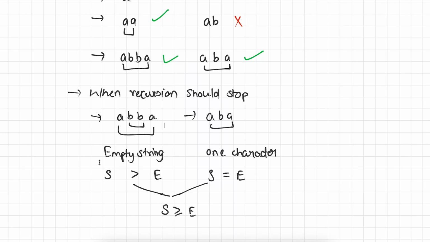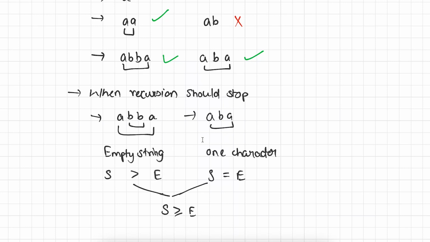Okay. So in this case, our S is going to be greater than E, because initially S is 0 and E is 3. Then we increment S by 1 and decrement E by 1. Okay. Our S becomes 1 and E becomes 2. Then again after checking B and B, we increment S by 1 and we decrement E by 1. So after this step, our S just crossed the E. So in that case, we have to stop. And we have to simply declare that the string is palindrome. Okay. So this is the first case.